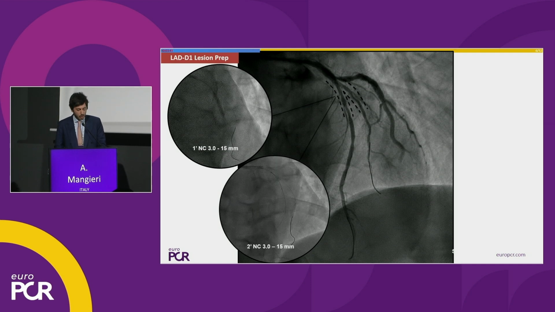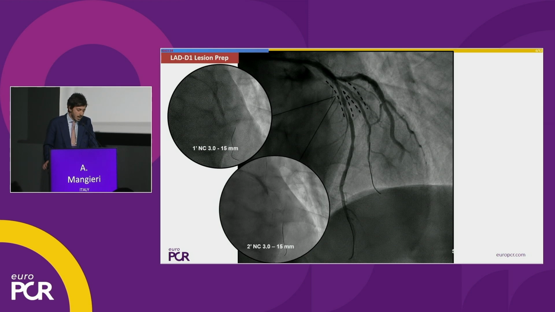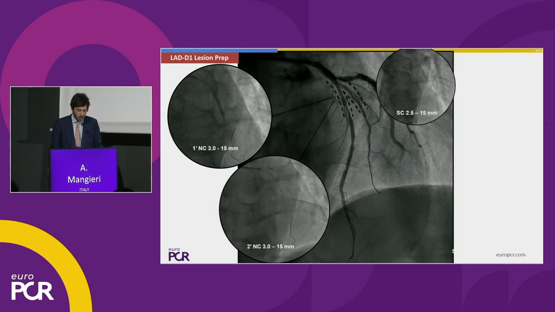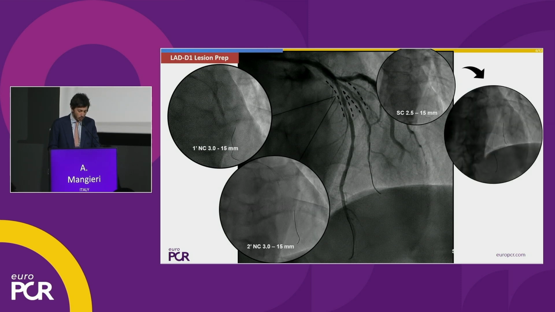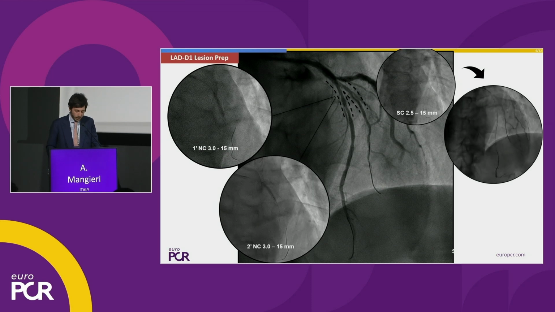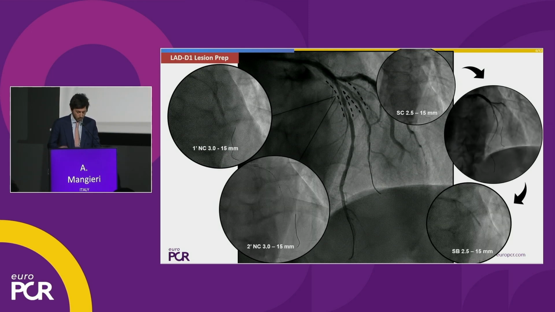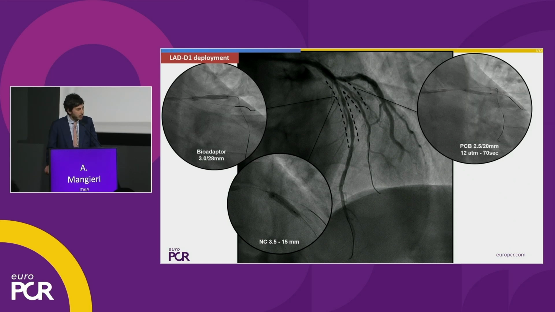and for that we utilized a common non-compliant balloon because the lesion appeared to be essentially fibro-fatty and not with a high burden of calcification. You see that the 3 non-compliant balloon was inflated without any trouble, and then we proceeded also pre-dilating the diagonal with a semi-compliant balloon. We also went with a scoring balloon just to optimize the results because of a high amount of fibrosis that we observed. And so we obtained a good lesion preparation of both branches, and then we proceeded with implantation of